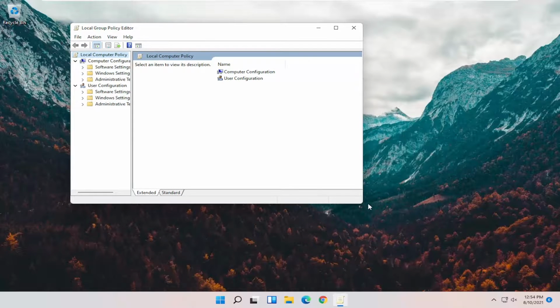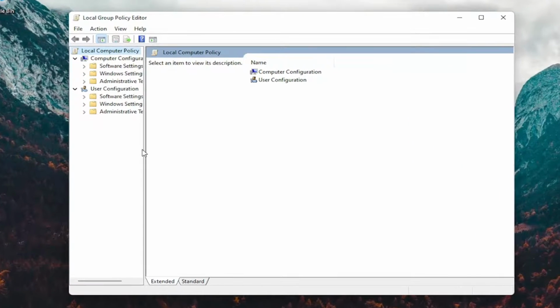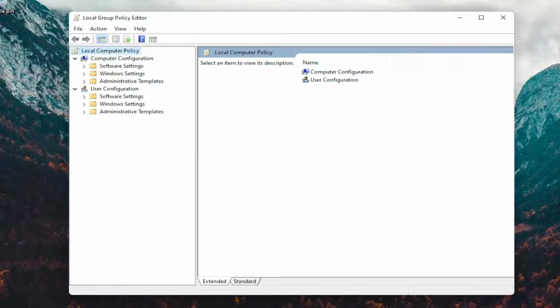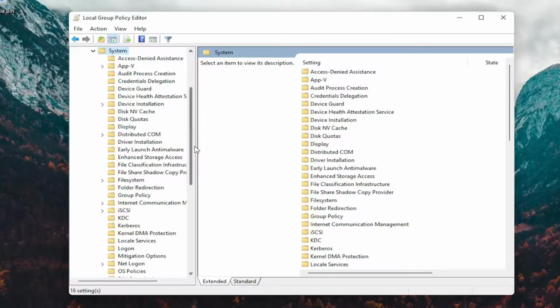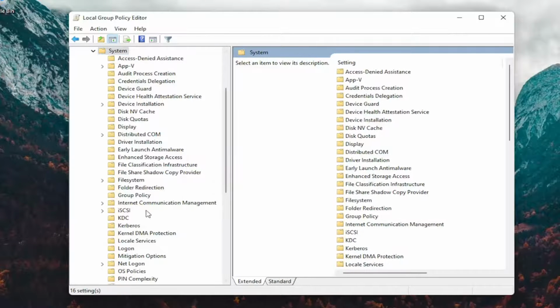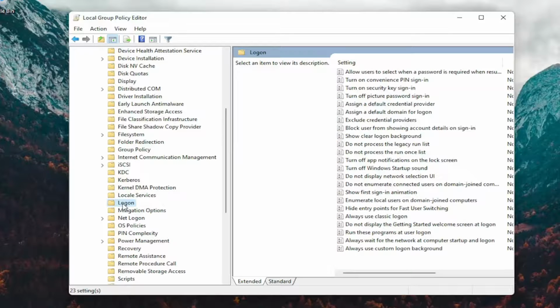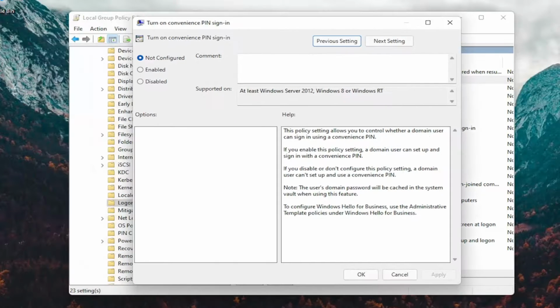And you want to expand Administrative Templates underneath where it says Computer Configuration. So up at the top, you want to expand Administrative Templates. And then you want to do the same thing for the System folder. Locate the Logon folder on this list and go ahead and just left click on it. On the right side, you want to locate something that says Turn on convenience PIN sign-in and double click on that. So once we're in here, you want to set this to the Enabled position and then select Apply